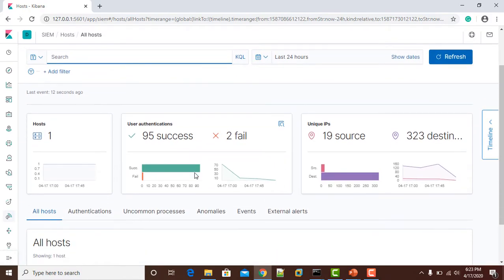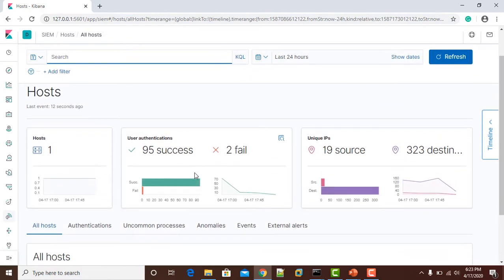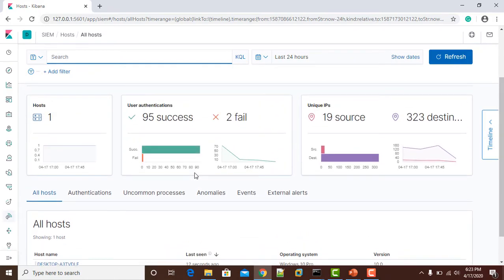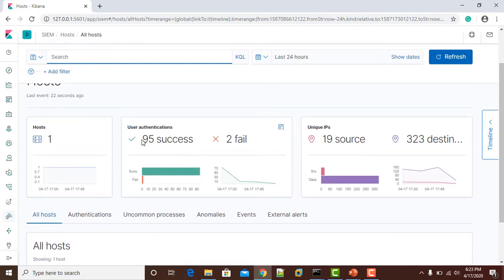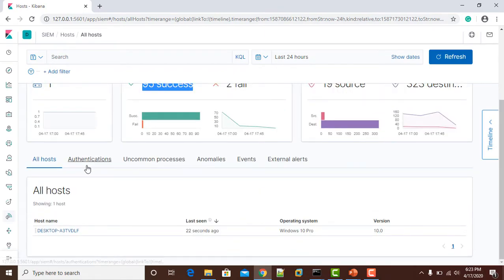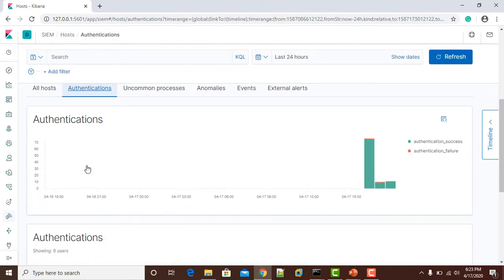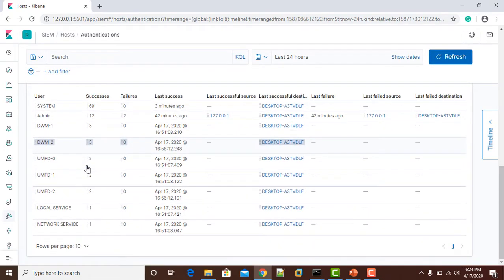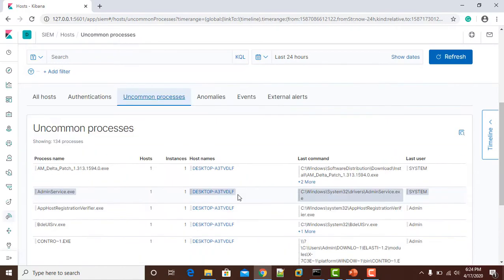I've already connected this same host where all my logs are accumulated. It shows my success rate and failure rate, and the IPs which I have visited. Just spend more time with this application and you will learn more and more about it.